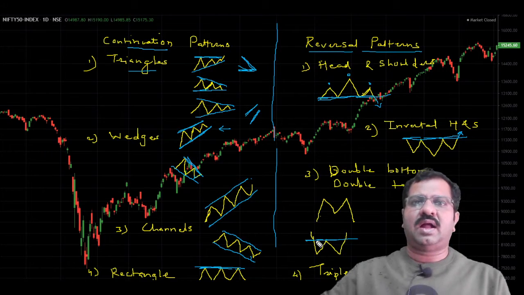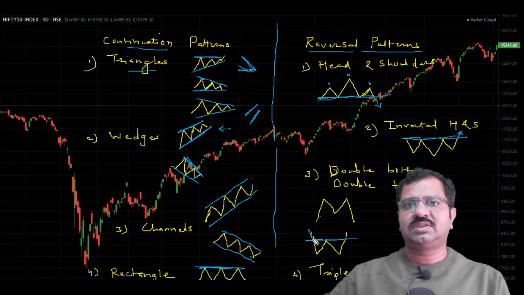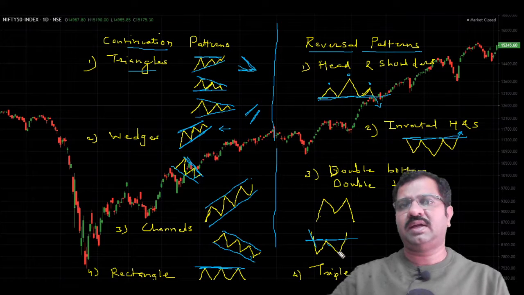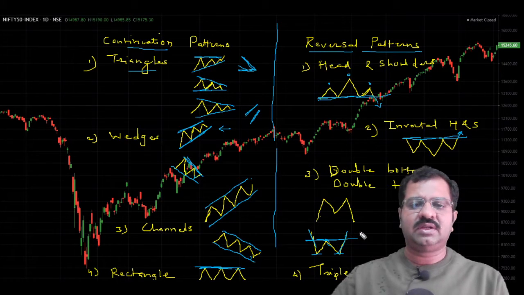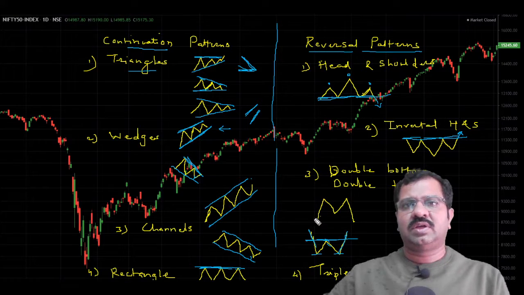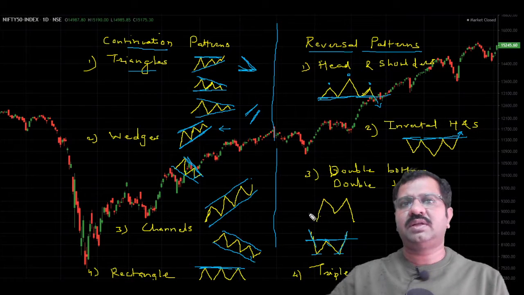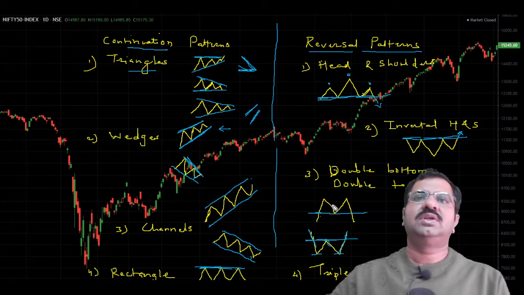In this, price comes down and tries to go up, comes down again and takes support at the previous level and starts moving higher. When it breaks the previous high, this can be traded. So this is a double bottom. Similarly, if an uptrend is going on and this pattern forms at the top, this is called